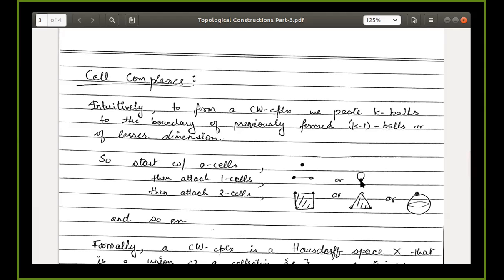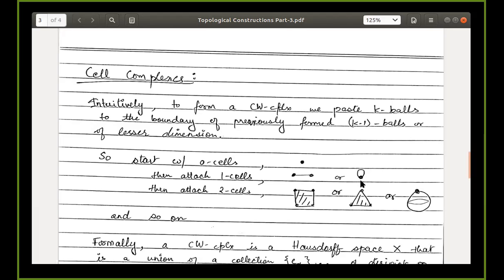So this way you can keep on forming your complex, attaching cells one after another, and the only rule is you start with the lowest possible dimensional cells which you want in your structure first, and then keep on adding. Because of this condition, k balls' boundaries have to be attached to the k minus 1 balls or the lower